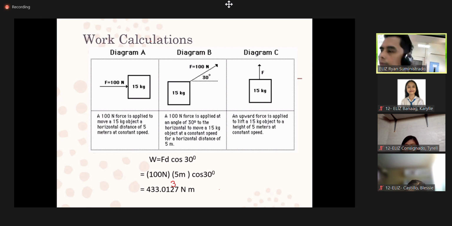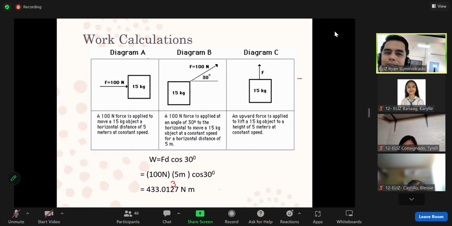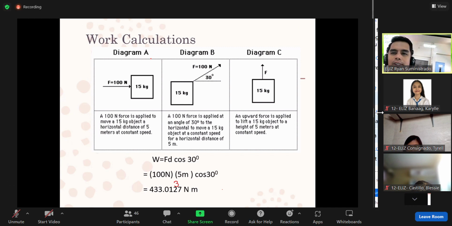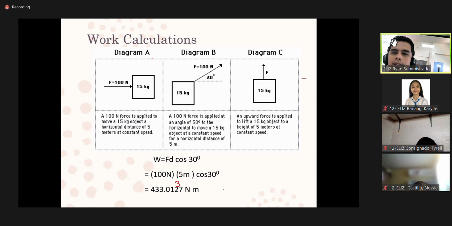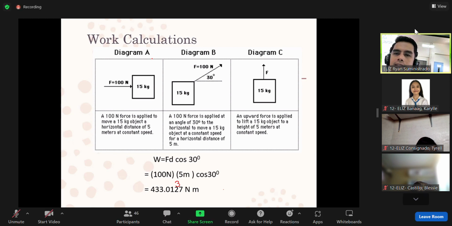Okay, with that, let us read two more. Joules is the unit of work, exerted amount of force, application of force causing displacement on an object. Work is done when an object gets displaced. Work is